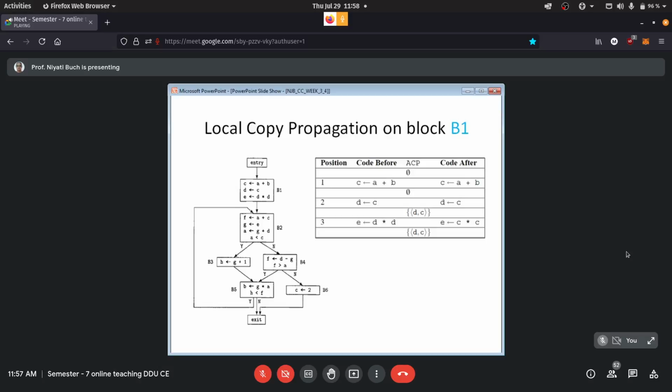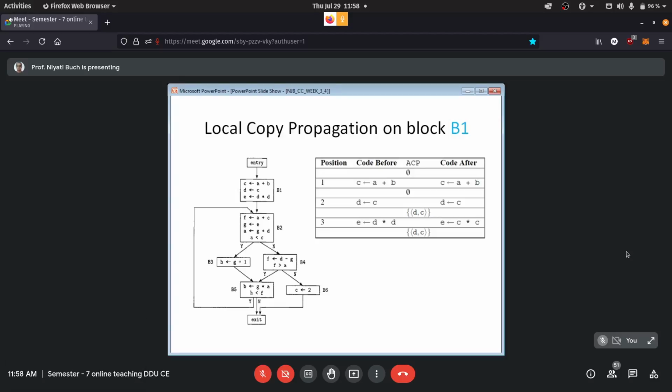Next instruction is C assigned to D. Yes, it has that format, so we make an entry into our ACP, and the code remains as it is. There is no replacement. Now we have D into D on our right hand side. What we see here is that D can be replaced with C, and we realize that from looking at our ACP set.